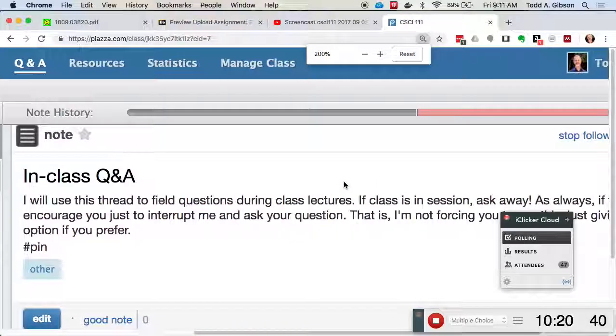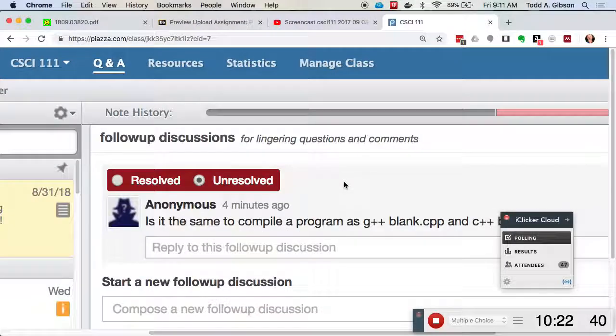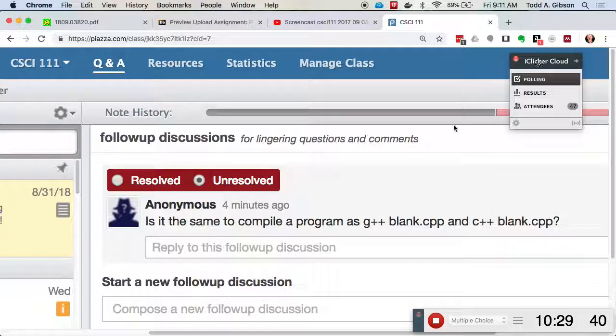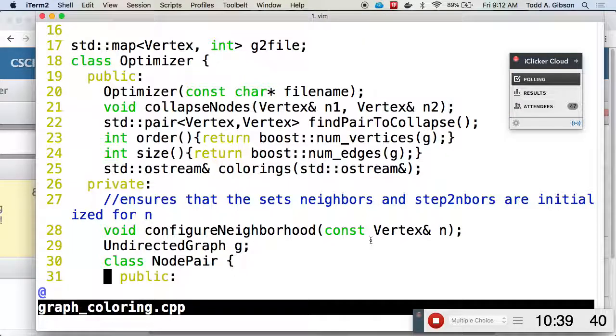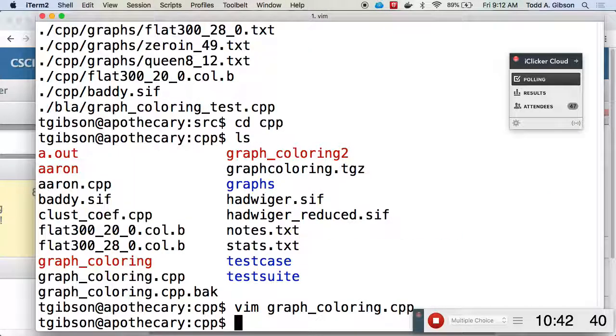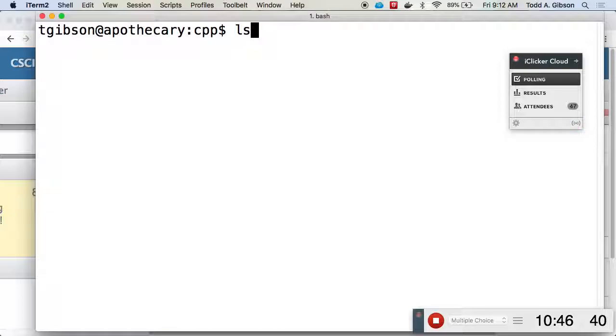I've got one of these anonymous questions here. Is it the same to compile a program? Yeah, that's a good question. I don't have a firm answer for you, so let me give you the general answer. When I'm sitting here at a prompt and I type ls, well, let me go back.